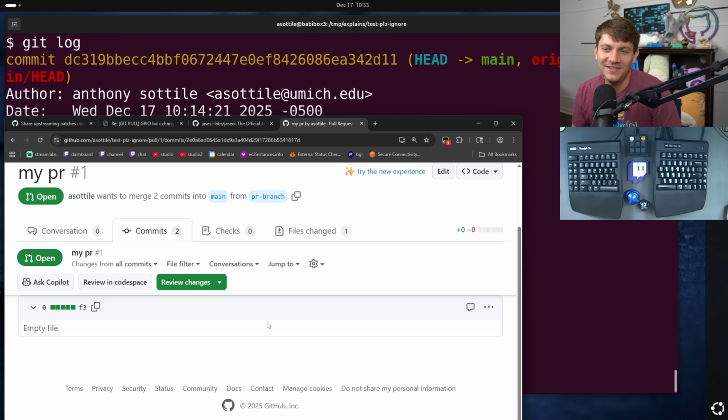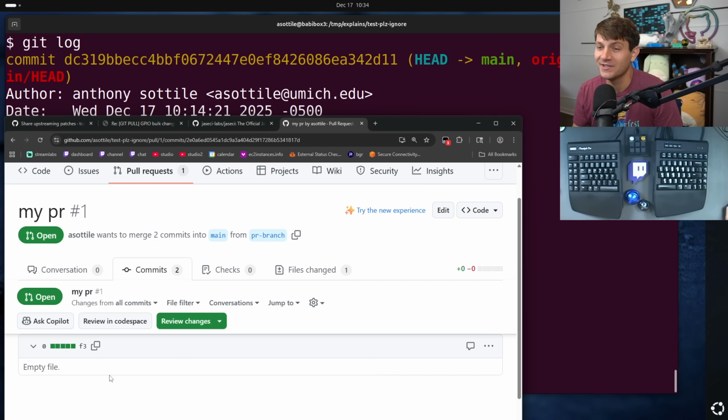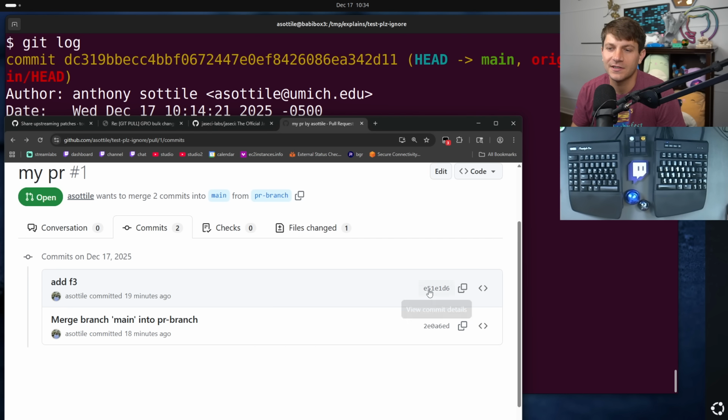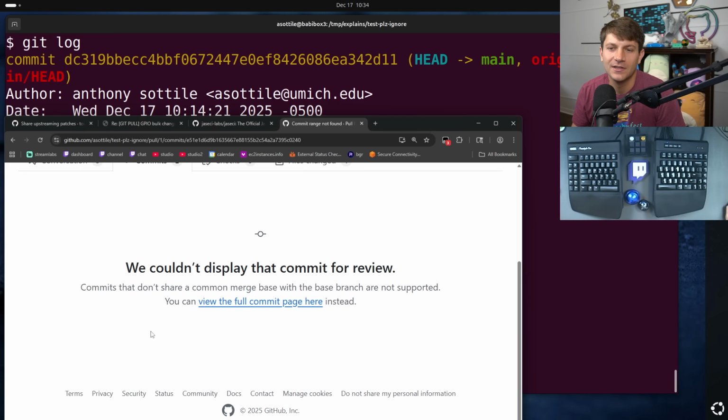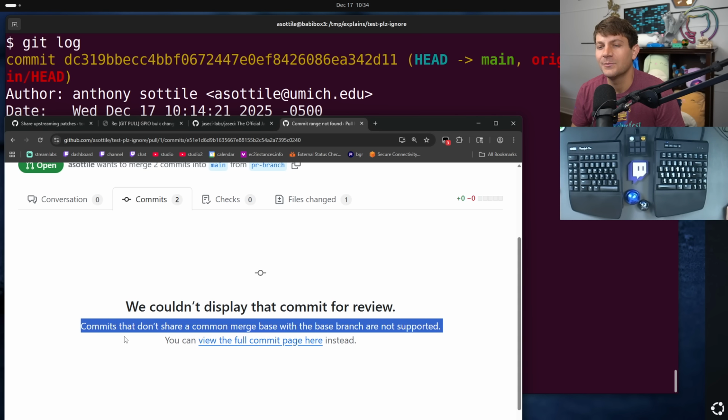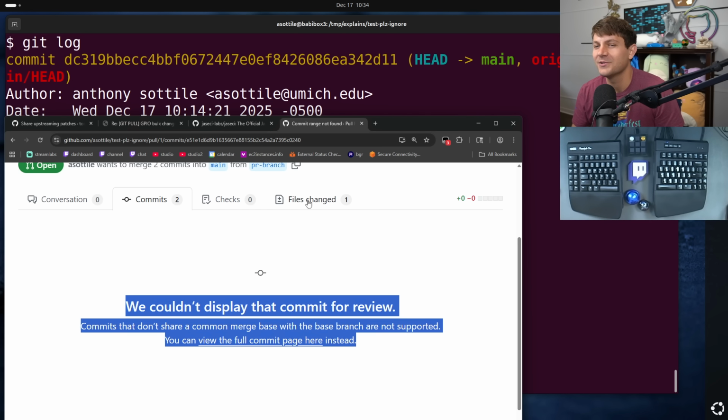oh, wow. Okay, that's even weirder, because last time I did this, GitHub would not show me this patch at all. It just told me there was an error here. So this is actually worse than it was before. So this even looks just pretty normal. Like merge commit shows that file being created. Like this shows that file being created. Oh, this is what I was doing before. We can't display that commit for review. And it does actually sort of give you a hint of this here, but you would never know this unless you clicked through to the commits.